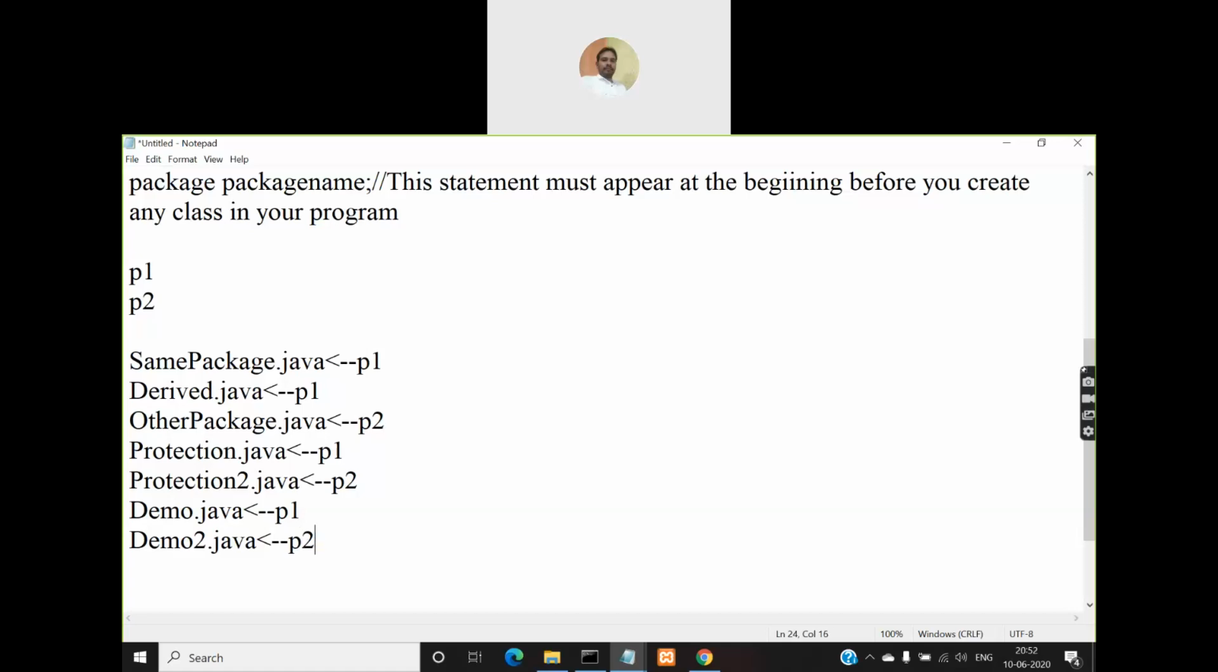So altogether, how many classes are you defining in P1? Same package, derived, protection class, and demo class. Totally 4 classes you have defined in package P1, right? And coming to package P2, you have other package class, protection 2 class, and demo 2 class. So totally you have 3 classes in P2. So P1 contains 4 classes and P2 contains 3 classes,